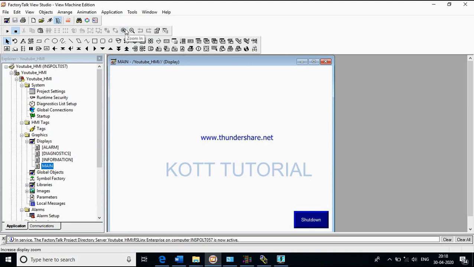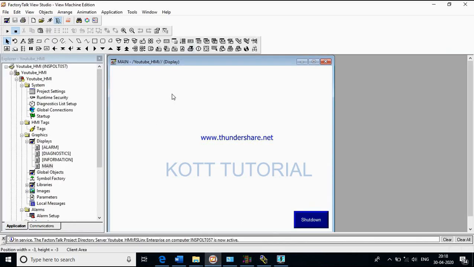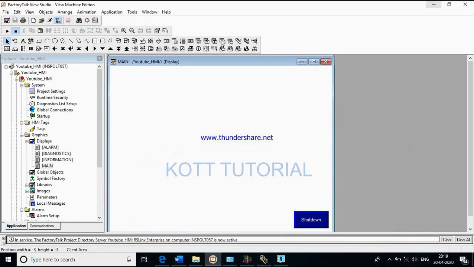Over here, before developing this button, we have to first import all our tags in this HMI. The first step is to import the tags from our PLC program, that is from the RSLogix 500 program named YouTube.